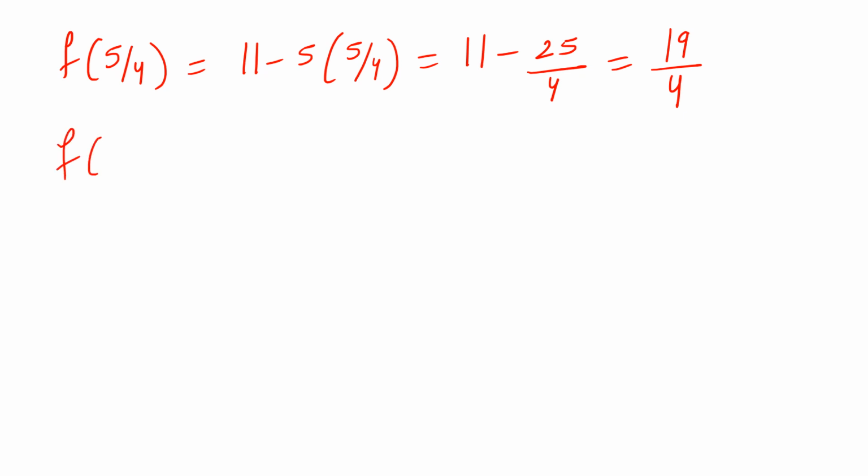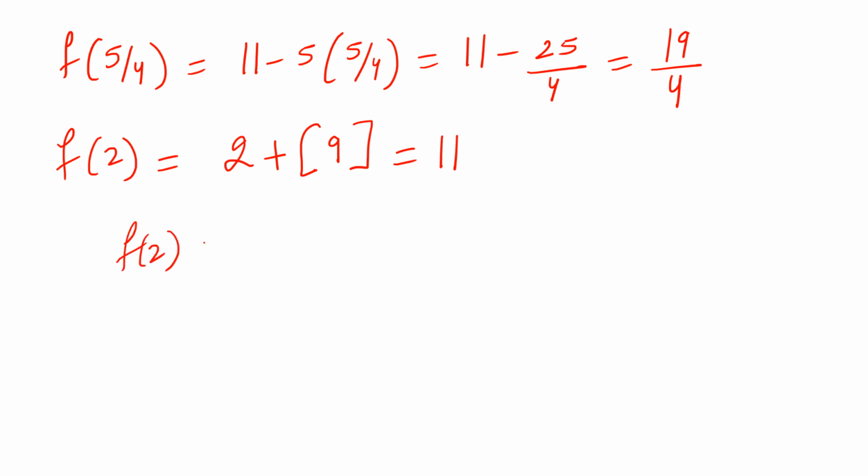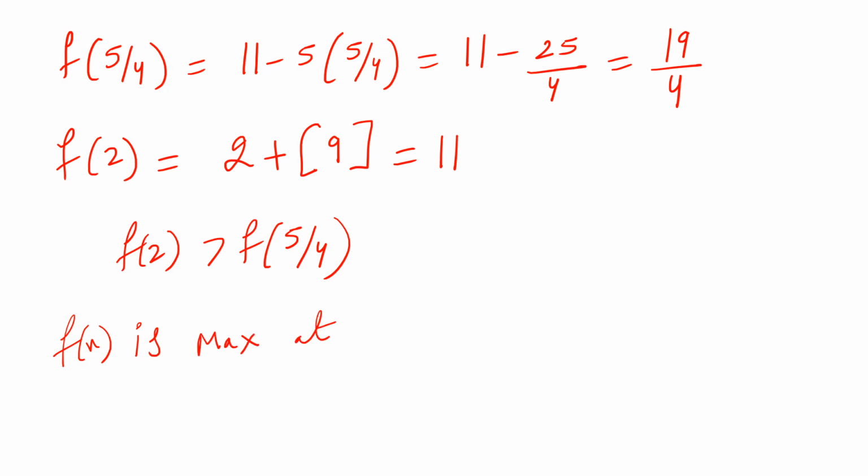And the value of the function at x = 2 is equal to 10 - 8, which is 2, plus [9], and this is equal to 11. Now students, clearly f(2) is greater than f(5/4). So obviously the function f(x) is maximum at x = 2